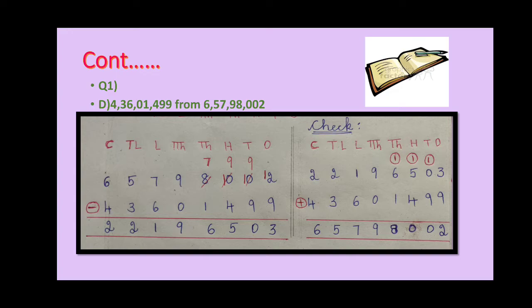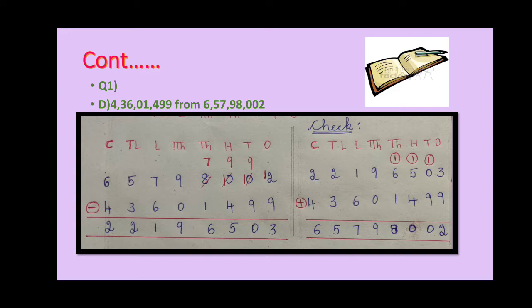The value of the number increases how many times? 10 times. So when you borrow 1 from the tens place, you are borrowing 10 at a time. Then 10 plus 2 is 12. Directly, if you have 2, you put 1 over there and it becomes 12. When you borrow 1, 2 becomes 12. Now 12 is the bigger number and 9 is the smaller number. 12 minus 9 is 3.